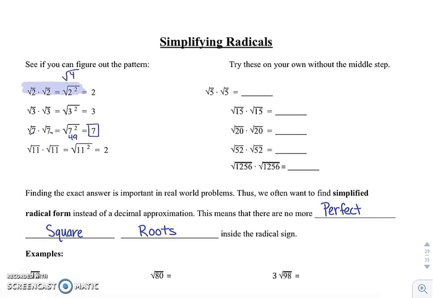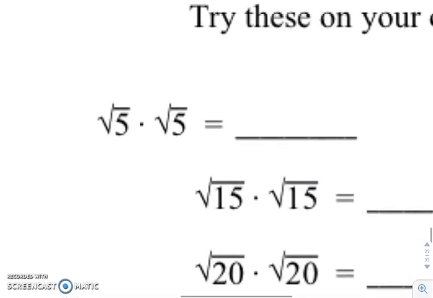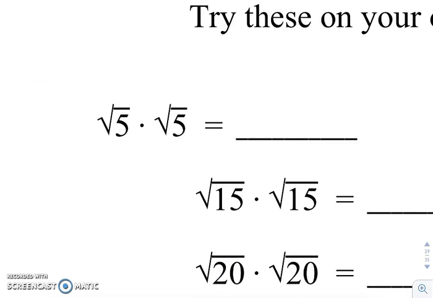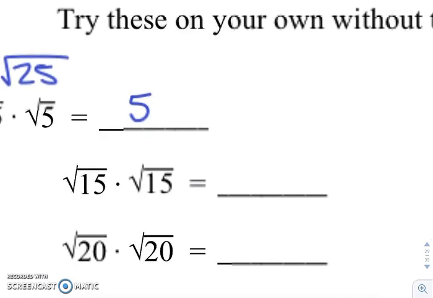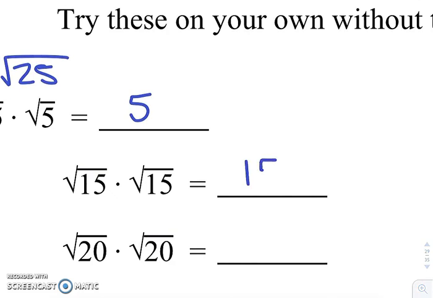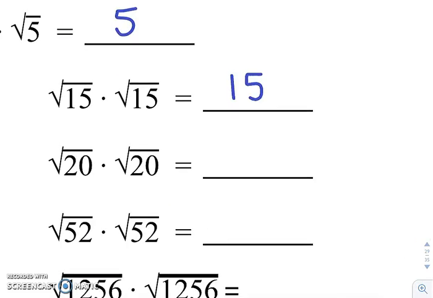So over on the right-hand side, if you do the couple over there that are not finished for you, like square root of 5 times square root of 5, would be technically the square root of 25, which is just 5. The square root of 25, if you type that into your calculator, would be just 5 without the root over it. So what's the square root of 15 times 15? Doesn't matter what the actual value would be, we would know that it would just be 15 by itself. Square root of 20 times square root of 20,